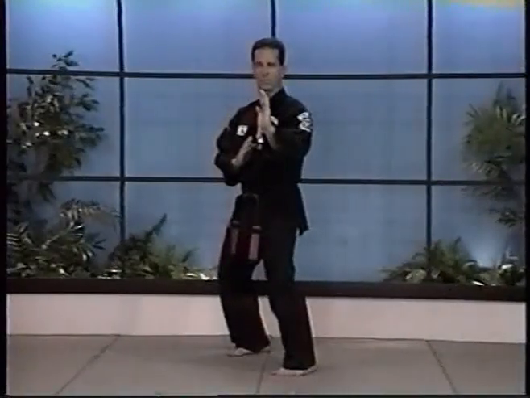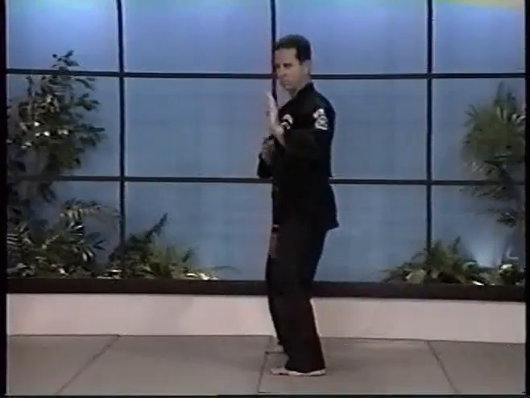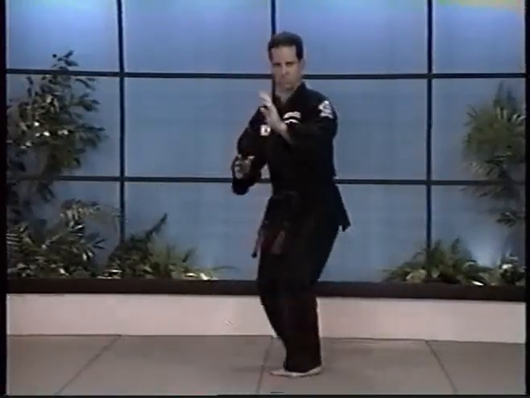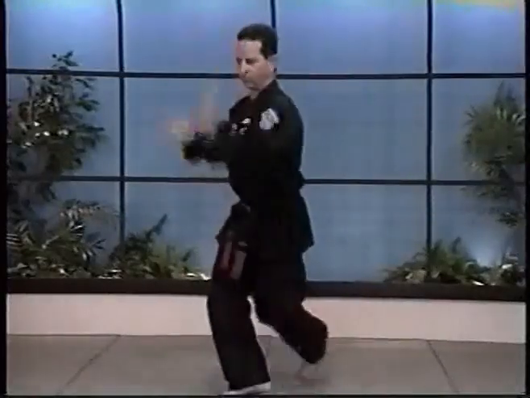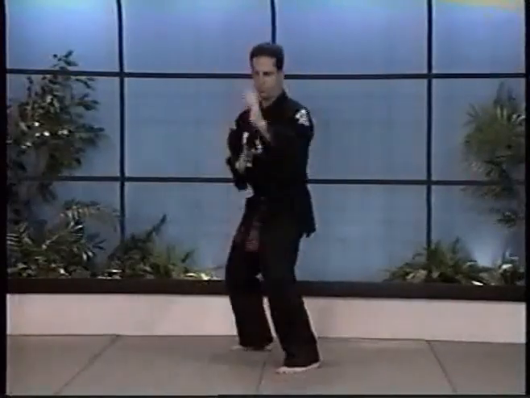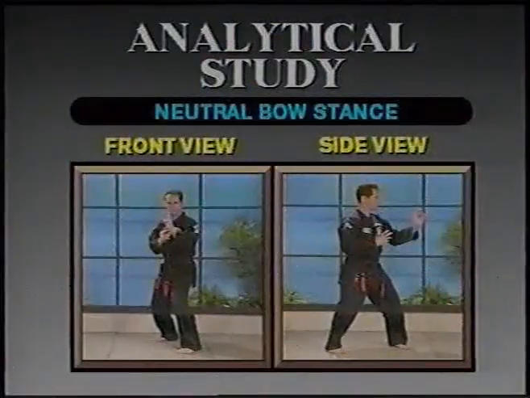In comparison, although the fighting horse gives you a distinct defensive advantage, it limits your ability to retaliate effectively. While the neutral bow is not as protective, it is effective and much more versatile when employing defensive and offensive tactics.